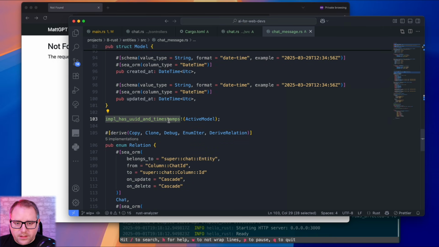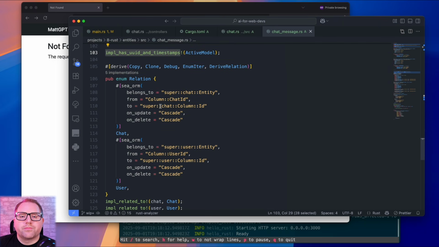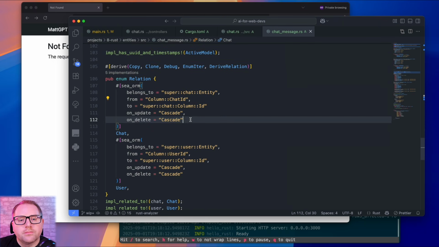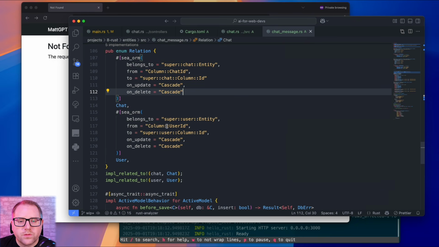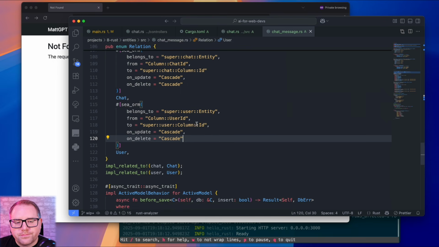We've got, again, that UUID timestamps helper. Our relationship, so it's going to belong to a chat, and similar stuff with cascades. It's also going to belong to a user. So a chat message can belong to at most one user and at most one chat, whereas obviously a chat can have many.